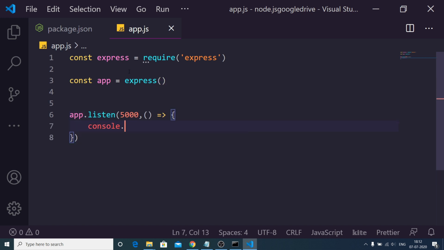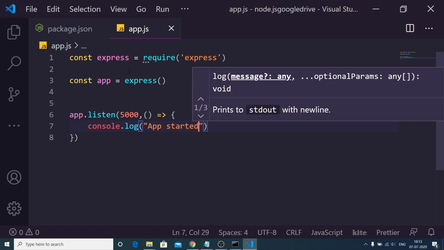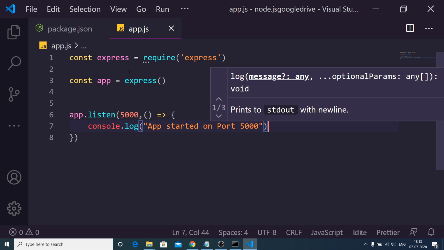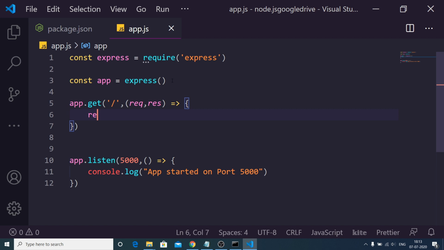You can console log a simple message that app started on port 5000. That's it. Now we also need to have a simple route, app.get. When we open the home page, request, response, and response.render. Basically it will render a file which will be index.ejs.